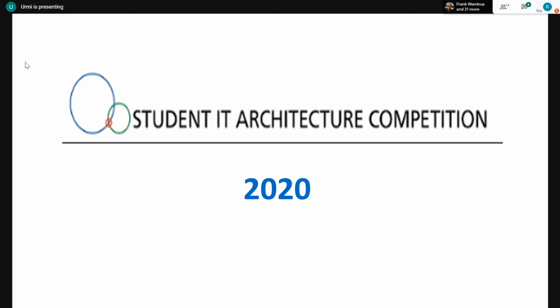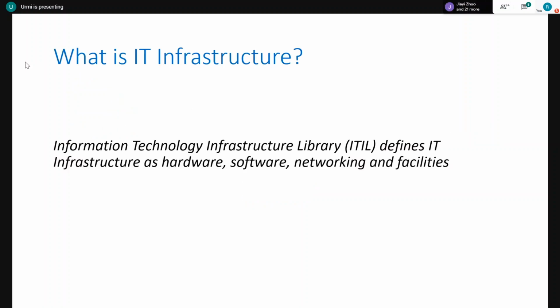So I am here today to talk about IT infrastructure. So what is IT infrastructure? I don't know how familiar everybody is with ITIL, but ITIL is the Information Technology Infrastructure Library. So it's a governance, best practices, methodology or process, which came from Britain of all places, and it was written in the, I want to say, the 80s and 90s,